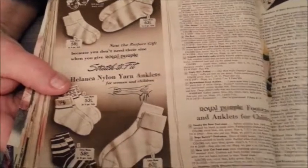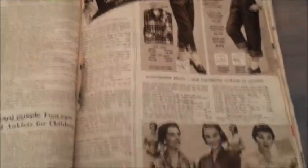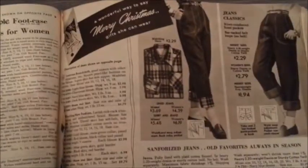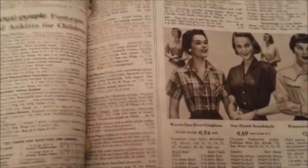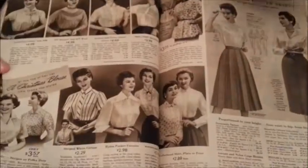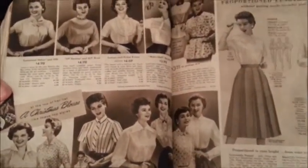Socks, bobby socks, bobby soxers. Gals that wore the jeans with the socks and the little shoes that you put the penny in, your loafers. Some beautiful blouses,